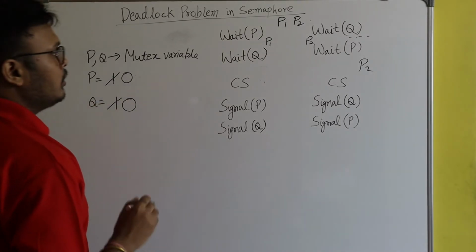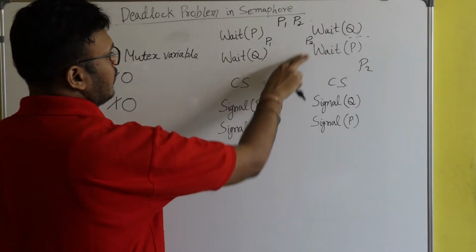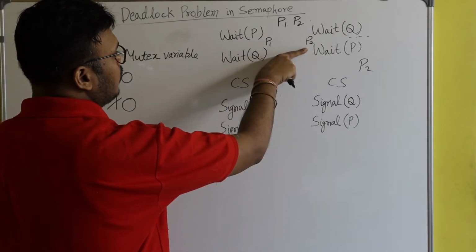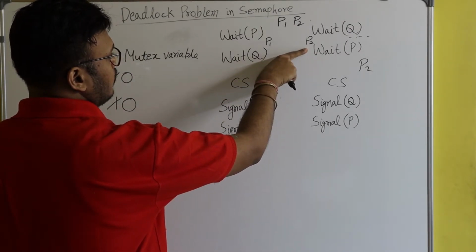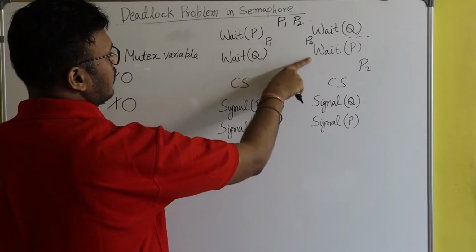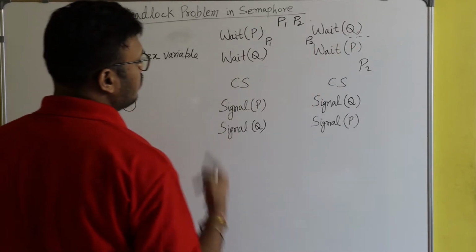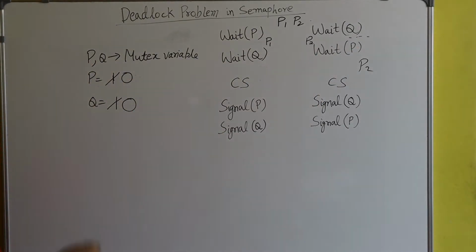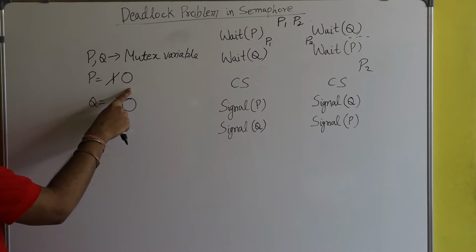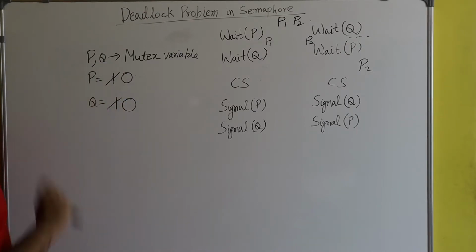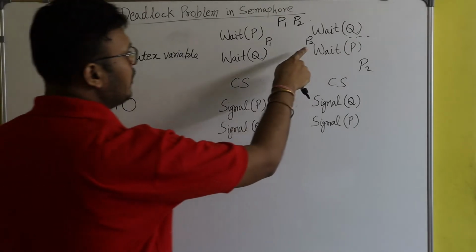Okay. So at this point, if P2 runs this code, if P2 executes this line, wait of P, then what will happen? Here we can see that the value of P is 0. Okay, the value of P is 0. So definitely P2 will get blocked,